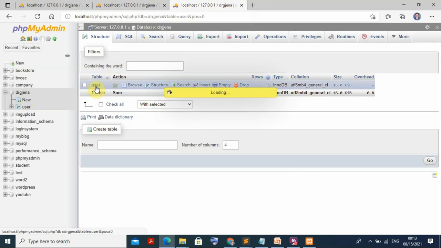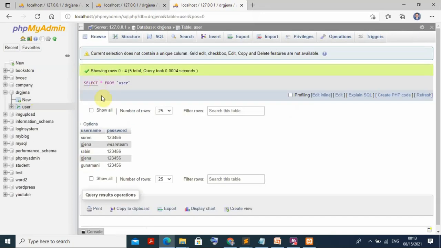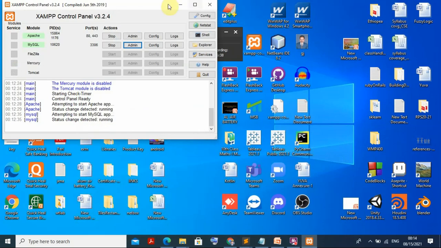My table name is user. In this user there are two fields, one is the username, the other is the password. You can see it here. I have created a number of things. One of them is Jijana 1 2 3 4 5 6. Remember these things. My username is Jijana and password is 1 2 3 4 5 6. I just entered these while registering. I entered all the things. You can also register, you can put it there. Once this is over, your work of creating a database and creating all things is over.